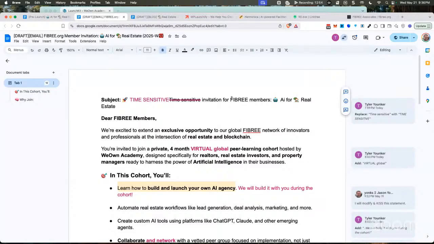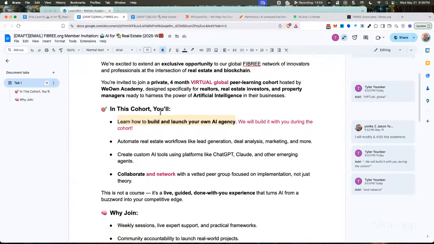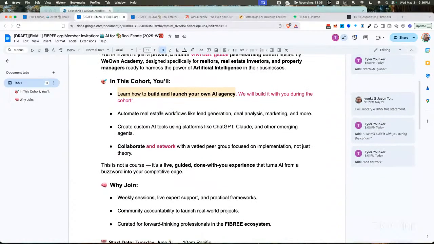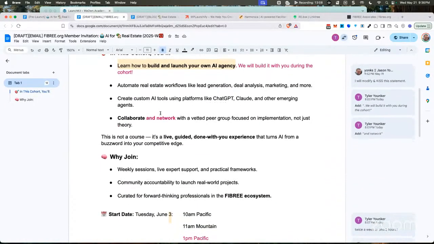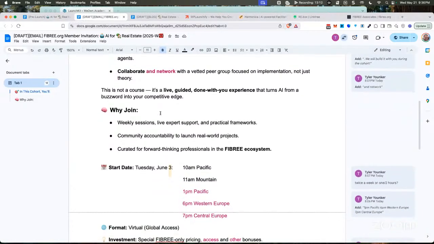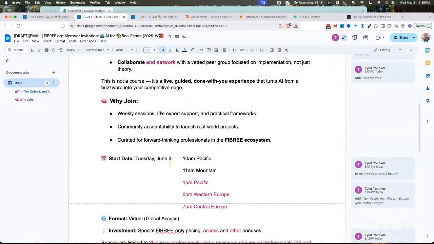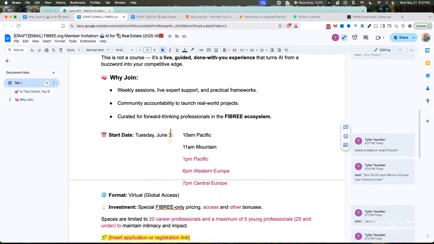Most of the stuff is pretty self-explanatory as far as what we're doing. I also want to emphasize there's hopefully a networking component. I've done a lot of leadership programs and training programs over the years, and the best ones by far have been the ones that had really intensive, actionable training, and then also a lot of collaboration and networking. The relationships I've gotten have been really valuable.